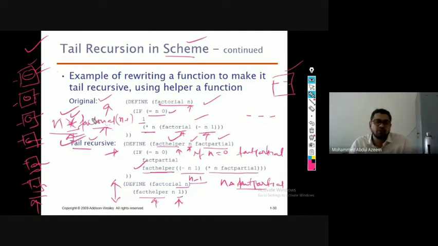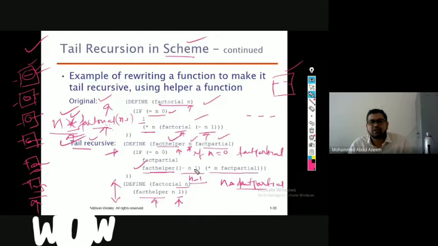But here you can see, when you are calling, that is a recursive call. But while you are passing the parameters, the operations that you have to carry out before sending them to the respective parameters can be performed. The first parameter is n-1, so n-1 we can perform, because the operand n is available. And here as well, n into fact partial: the left operand is available, and the right operand is also available. That is 1, when you are making the first function call. Since the operands are available, the operation will be evaluated and the value will be sent.